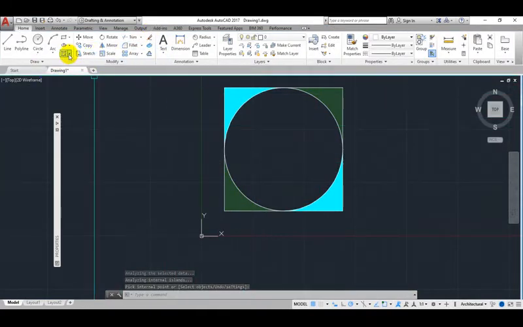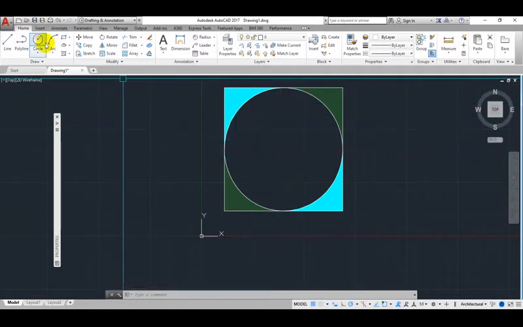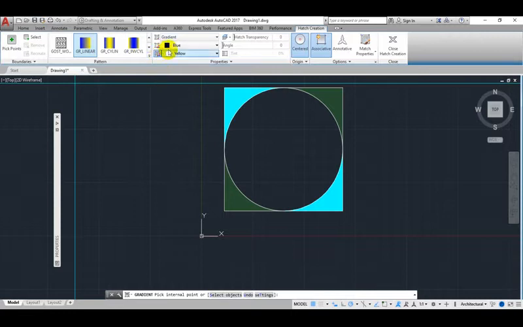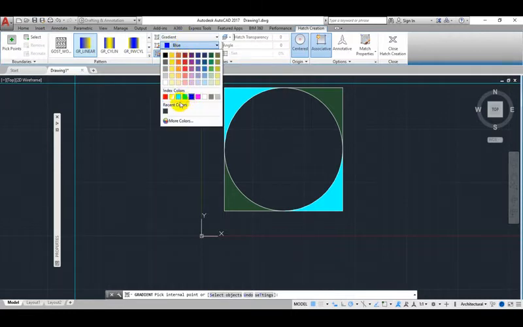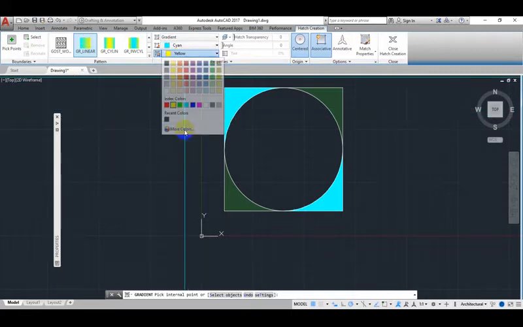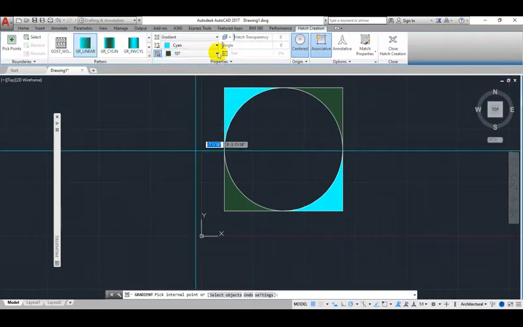So if I want to put gradient here, I click, come here. So the gradient is where you combine two colors. So I come here to blue, take this color, come here to CN, take this color.